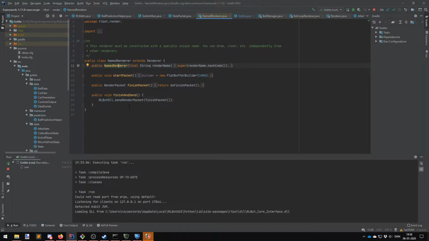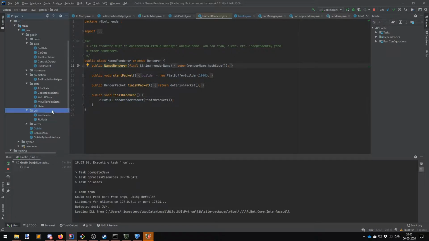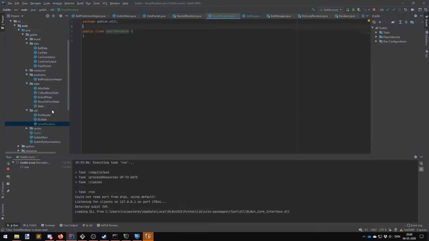But with that said, there's actually nothing that prevents us from making our own renderer. And that's what we're going to do, because I want a smart renderer and I want to be able to draw something a bit more fancy. We just have to remember to start our packet and finish our packet. So let's make a new class. It's going to be a smart renderer. And this is a renderer with some extended functionality, unlike the others. Let's extend renderer